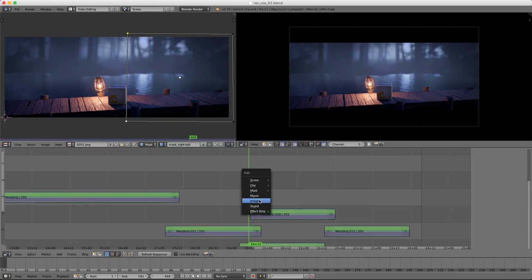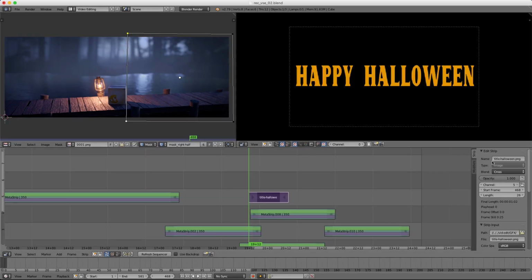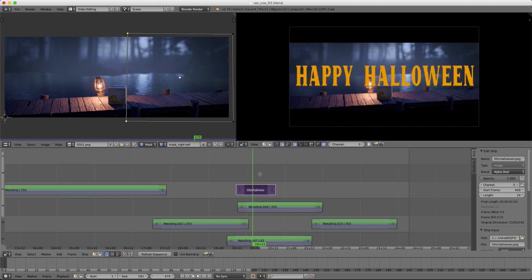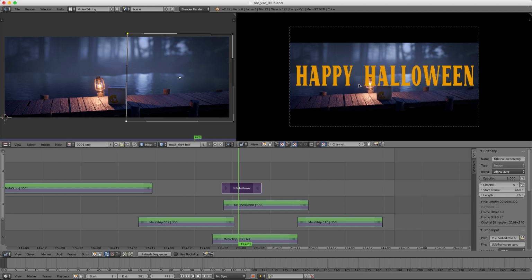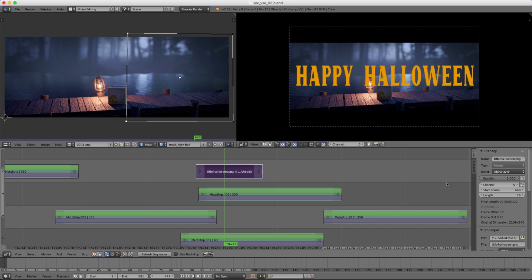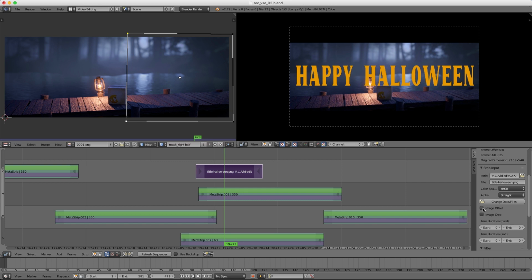And here we can add an image. Go find those graphics. Change the blend type to over. And in hindsight, I actually should have kept the 1920 by 1080 because I don't want to have to deal with the transformation of it automatically adjusting the aspect ratio. So I guess I could jump back over to that scene and re-render at 1920 by 1080, but let's be a little lazy. And what does image offset do? Okay, that doesn't work because it crops off the N in Halloween. So let's do image crop instead, and let's adjust that because I think